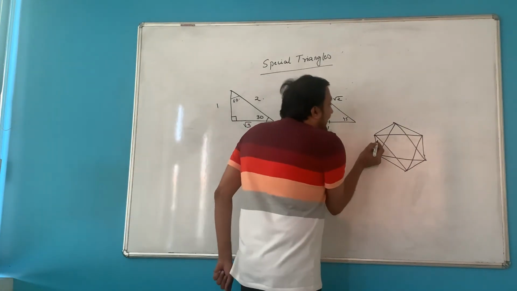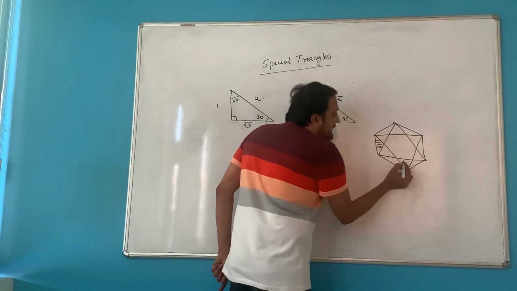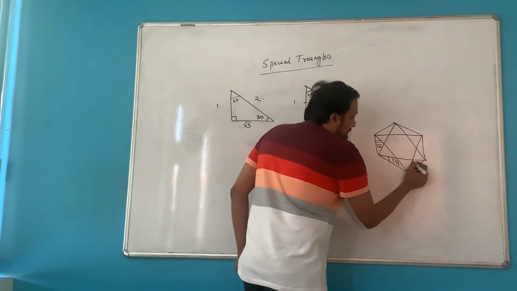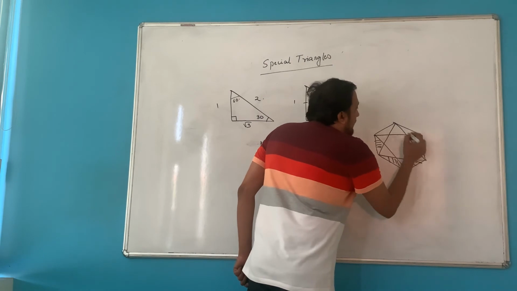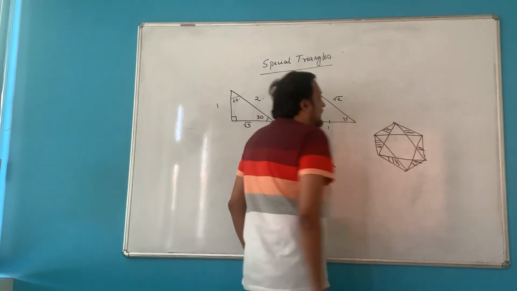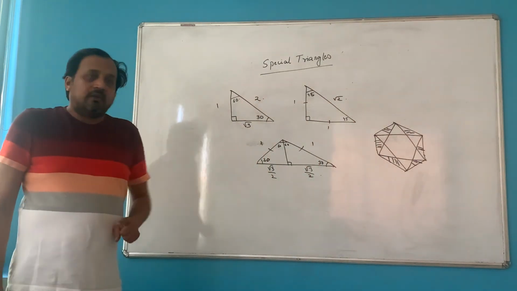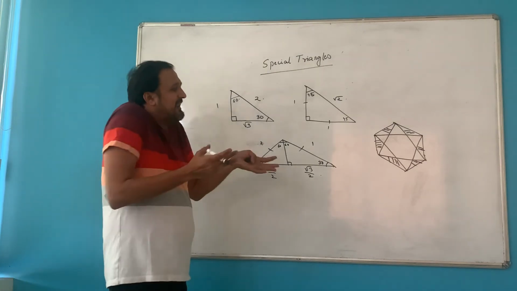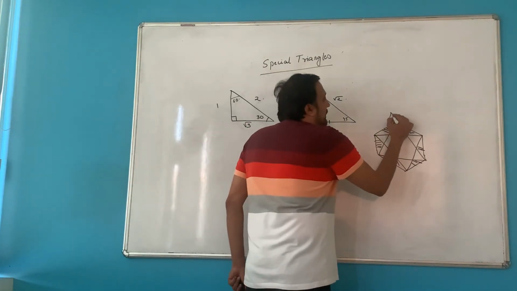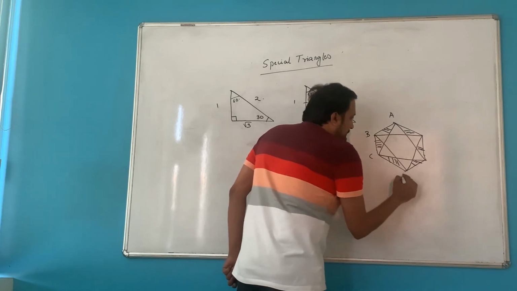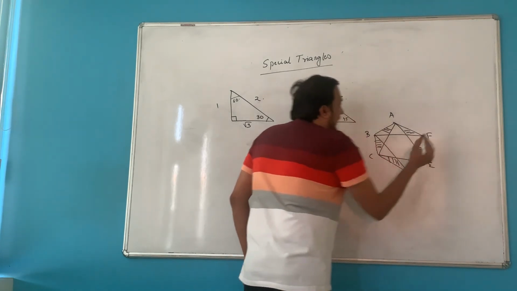In fact, inside also all these triangles that we have will also be your 30, 30, 120 triangles. So this is how you can keep it in mind. Another thing is, we will also talk about it in depth later. But while we are doing it, let's just handle it.